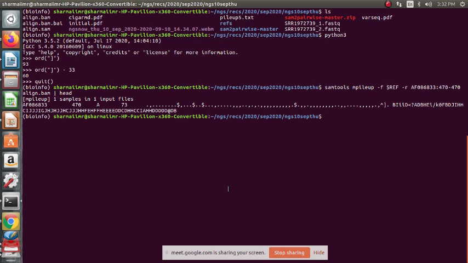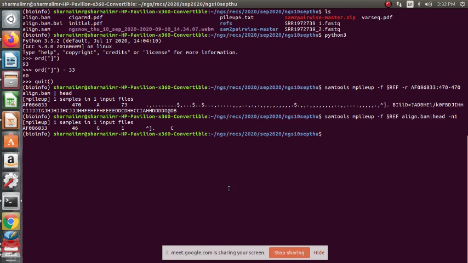One minute, in the same way, let us do this as well. We saw this command, right? We saw this command, align. Okay. So we basically saw the first line. So if you can do head -n1 itself, yes. So this is our map quality, and this is the FastQ quality.